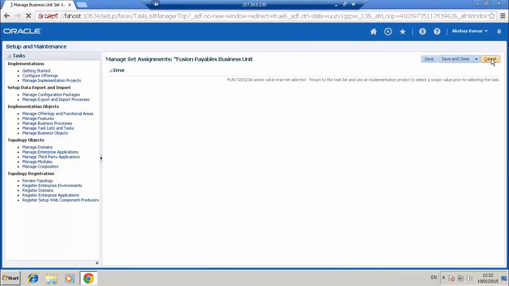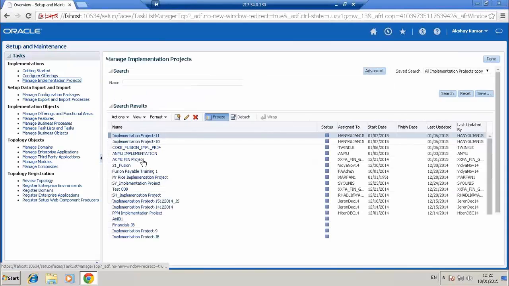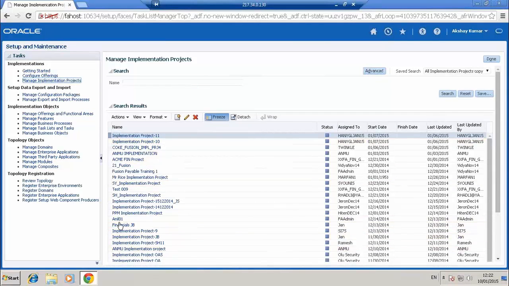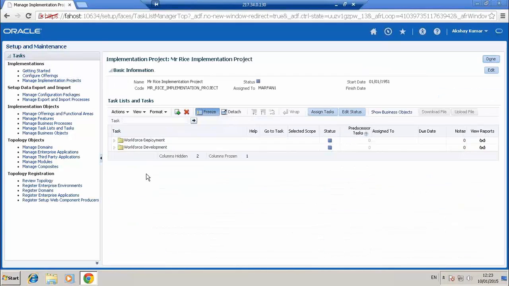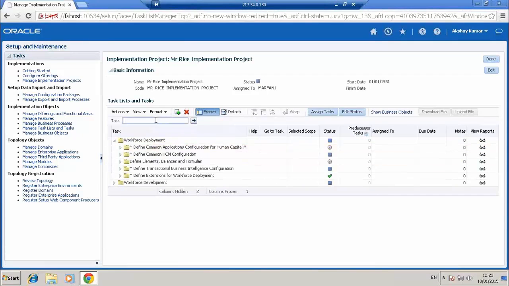See, this is one more major aspect which I have to tell you regarding this. If you're creating this set assignment, you have to create it only within the implementation project. Only then it will work, else it won't work. So if you have to go through the standard tree, you have to go only through the implementation project. Until then your set assignment won't be working.